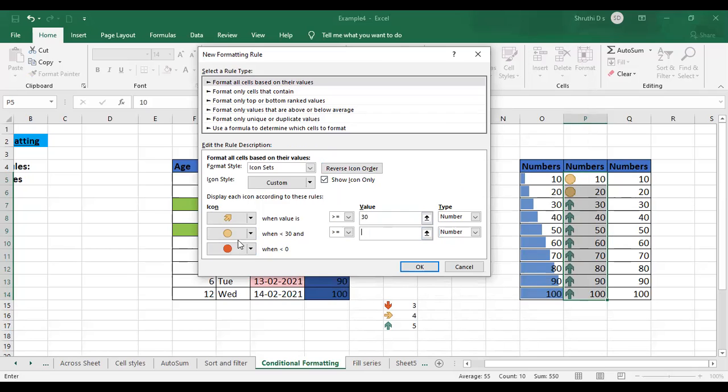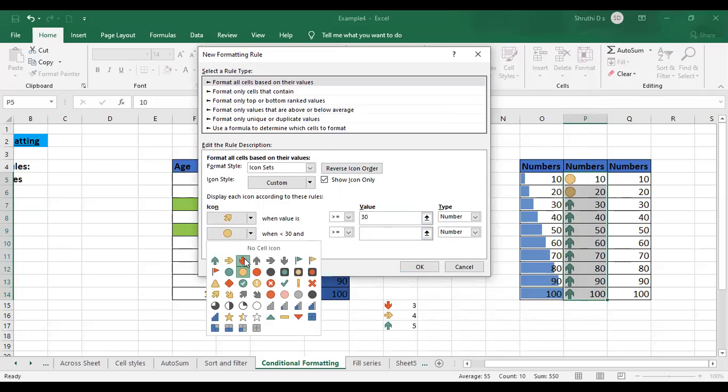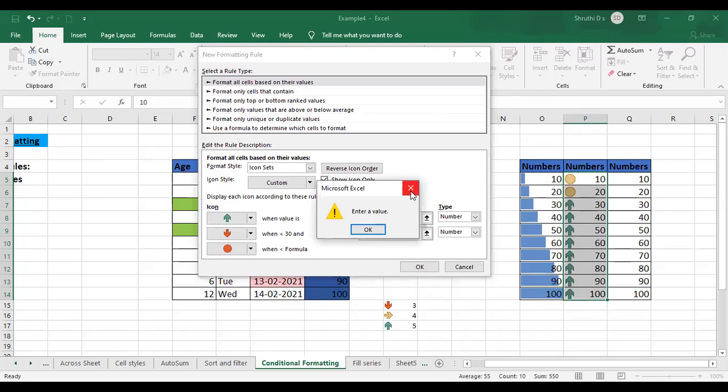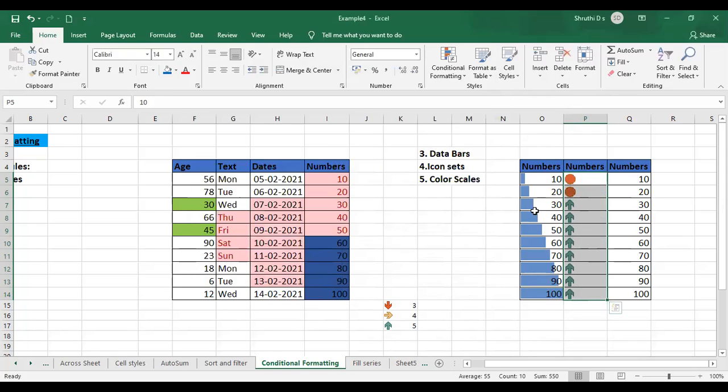So when it is less than 30, you're going to get a round mark, or you can also change this to a red mark, and this one to a green mark. Okay, I didn't enter a value here. Just give it as 30. Click on okay. As you can see, did it change here?